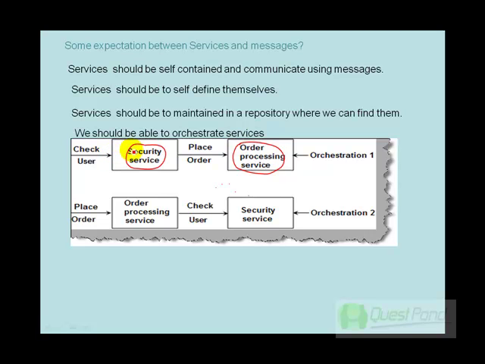I can place the security service before the order processing, so I first check that the user is valid and then place the order. Or I can put the order service first and the security service after it, so I first place the order and then check if he's a valid user. In other words, I should be able to define workflows using services.